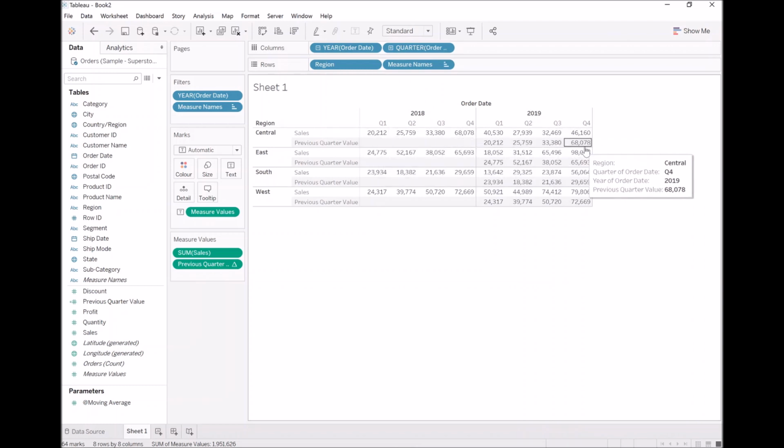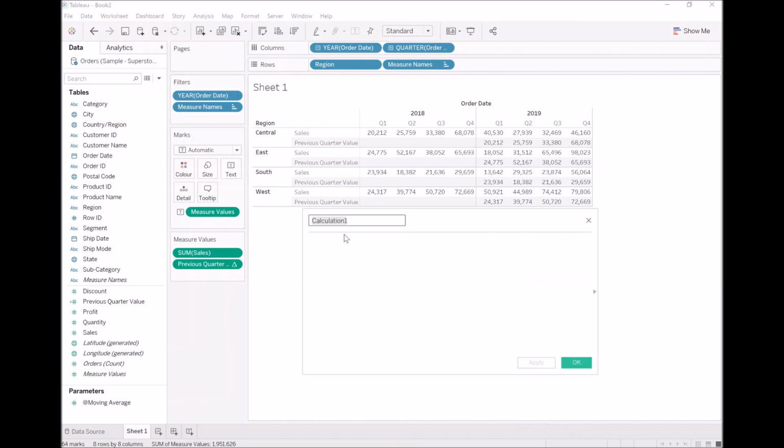But how about if we wanted to actually leverage this one step further? How about if we wanted to see prior year growth? So let's do that. Let's create a calculated field and let's call it year on year quarterly growth. We can call it anything we want to, but let's just do that. Year on year quarterly growth. What we're going to do now is say sum of sales